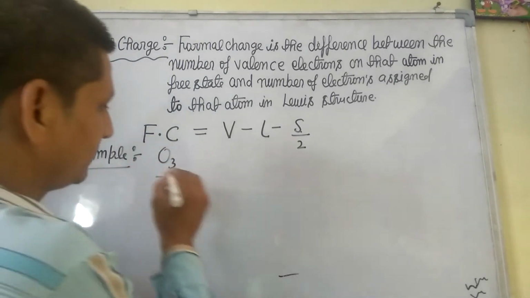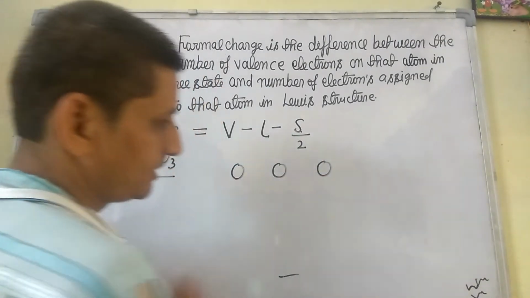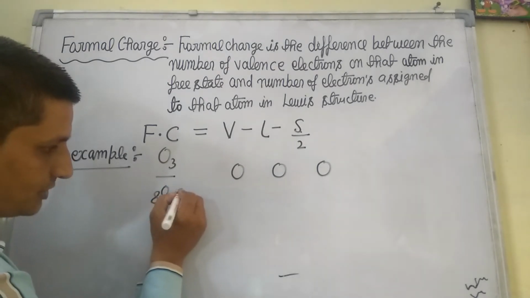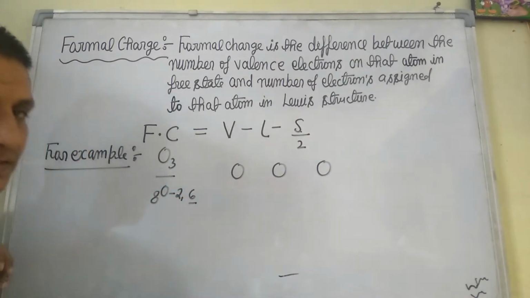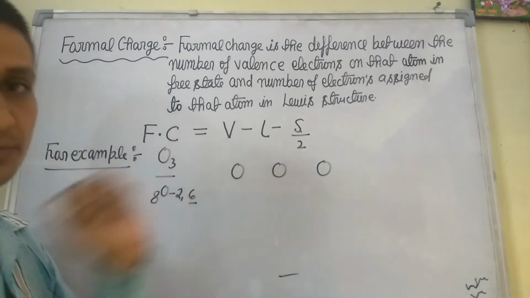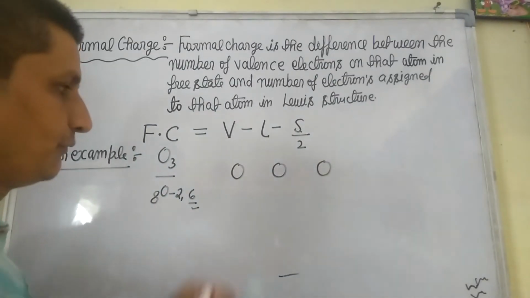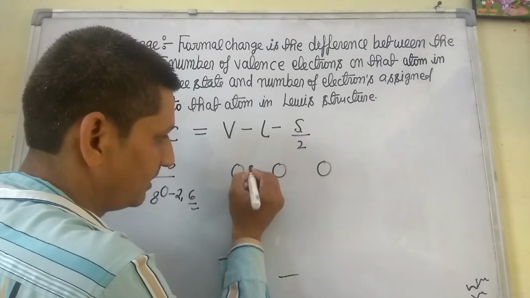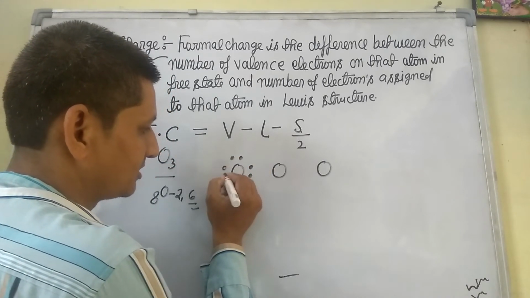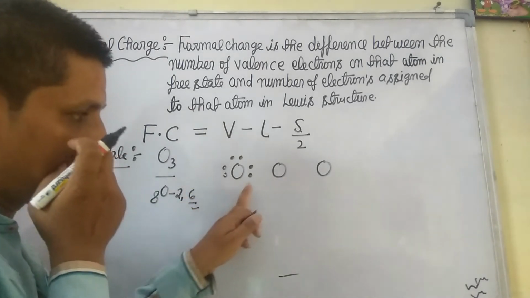Here the number of oxygen atoms is 3, so we can arrange these 3 oxygen atoms in this way. Dear students, you know very well the atomic number of oxygen is 8, its electronic configuration is 2, 6. 6 electrons are present in the last shell, and it requires 2 electrons to complete its octet. So we have to take 2 electrons here in this way: 1, 2, 3, 4, 5, 6. The total number of valence electrons taking part in bonding is 6.